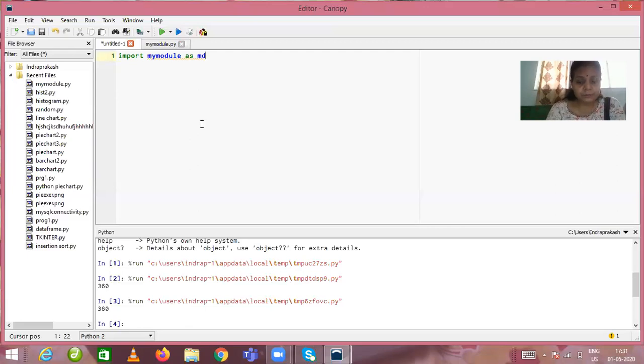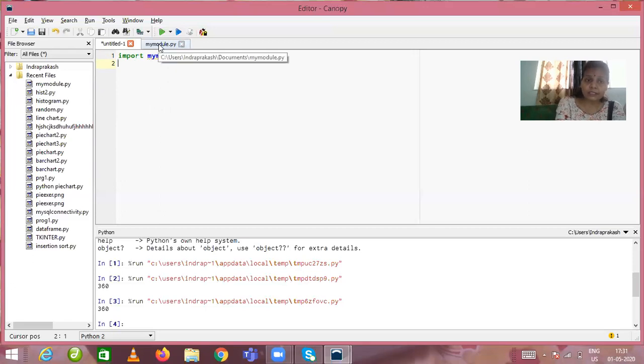Okay. So now how can we call the functions of the my module file in this program? This is a separate program, and we have just imported that particular file into our program. So we are reusing our functions, or our modules.